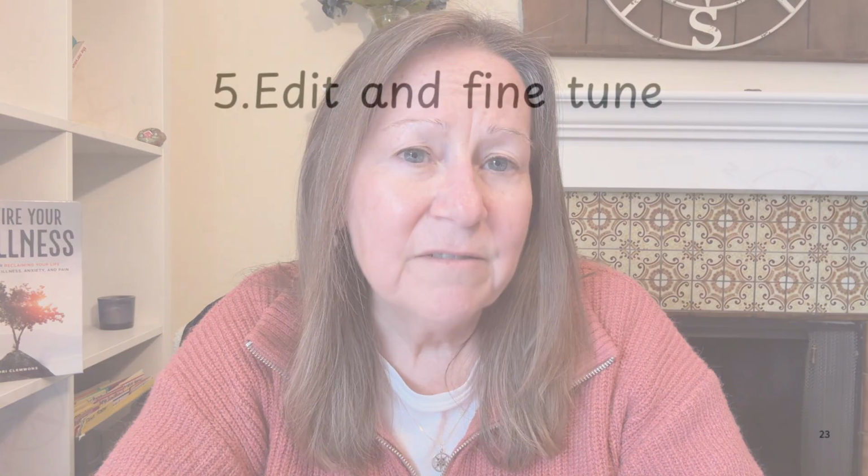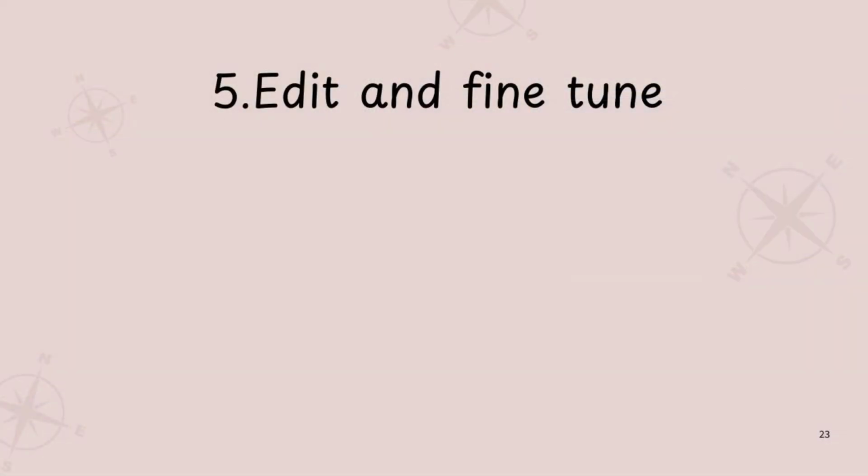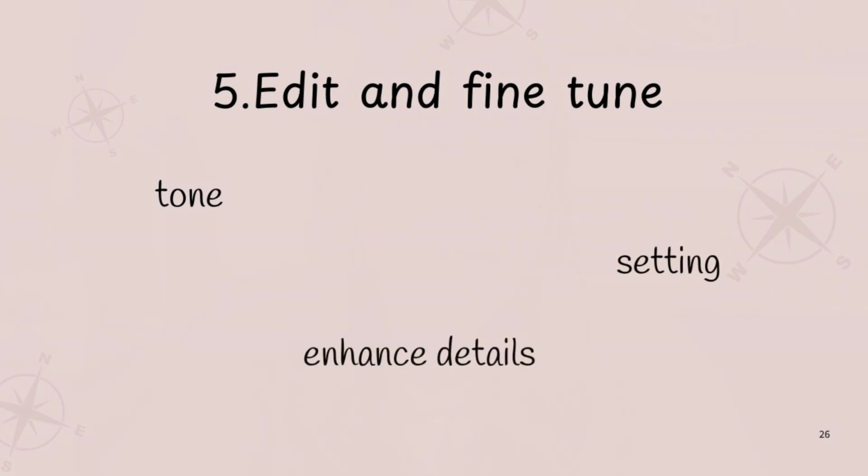And then step 5 is to edit and fine-tune the visualization. So once ChatGPT generates a visualization, you may want to tweak it to better match your needs. You'll want to give it clear instructions to fine-tune it. So this might be things like adjusting the tone, changing the setting, enhance the sensory details, make it shorter or longer,